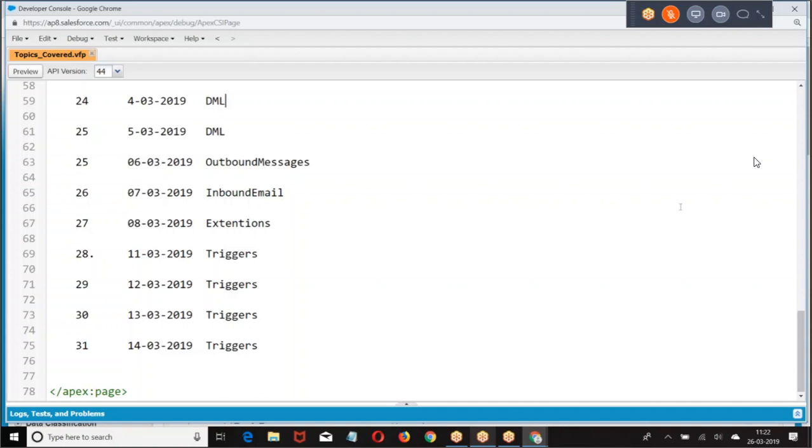Why? When you are testing an asynchronous operation, there is a possibility that a governing limits issue may come in the test class.